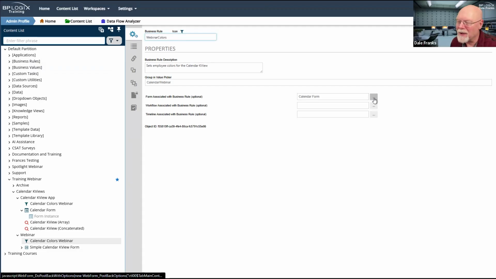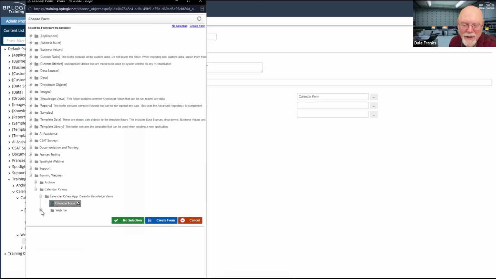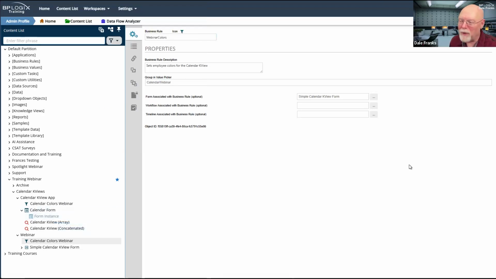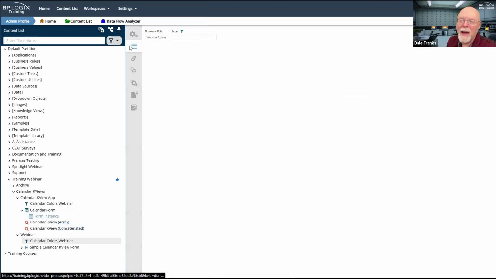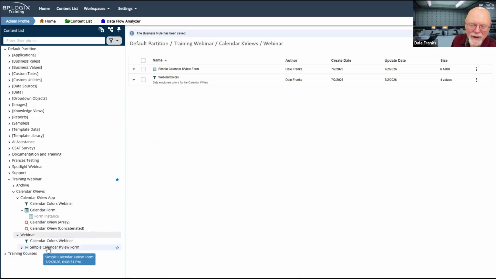And instead of looking at our calendar form, we will change it to look at our simple calendar form, and everything else should be the same, except I spelled traveler with 2 L's instead of 1 L, didn't I? I'm going to have to fix that. But this should work on my form if I go back and change that field name.